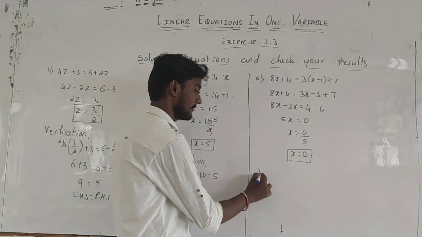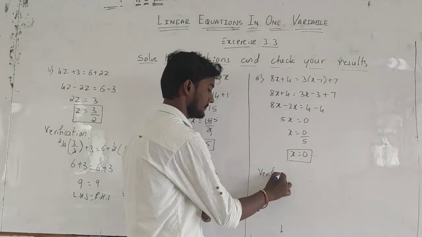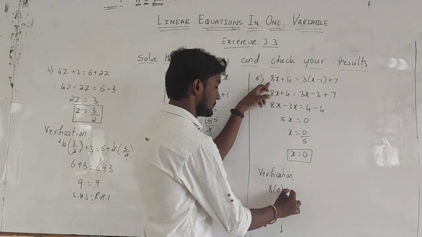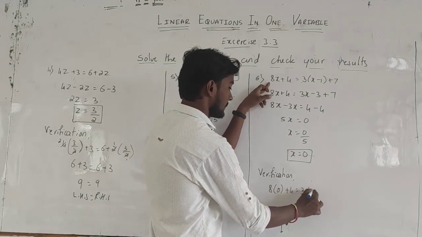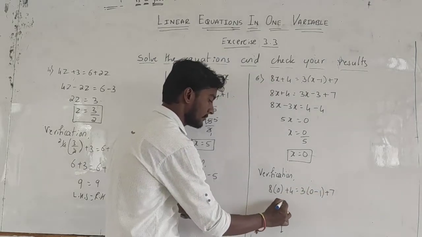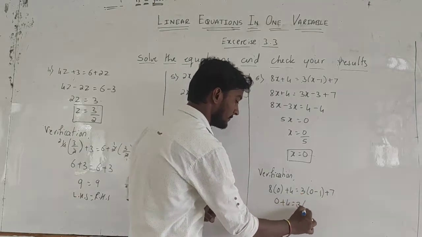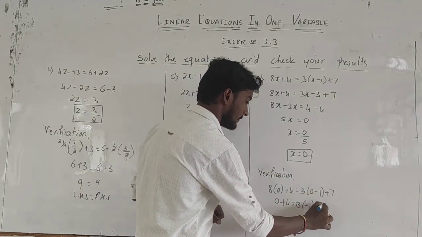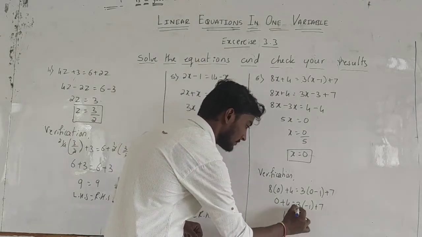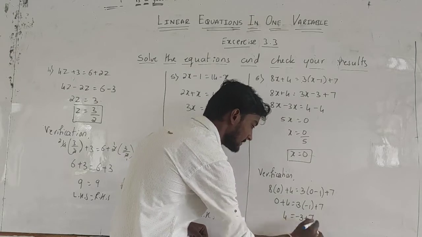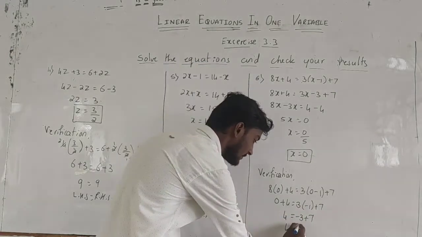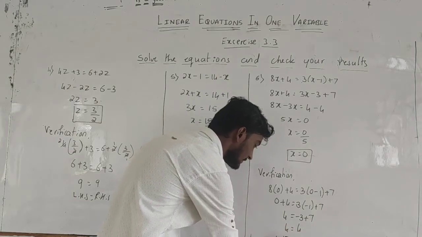Next you have to make the verification. In place of x, you have to substitute 0. 8 into 0 plus 4 is equal to 3 into bracket 0 minus 1 plus 7. 8 into 0 is 0 plus 4 is equal to 3 bracket 0 minus 1 is minus 1 plus 7. 0 plus 4 is 4 is equal to 3 into minus 1 is minus 3 plus 7. Minus 3 plus 7 is how much? 4. Therefore, LHS is equal to